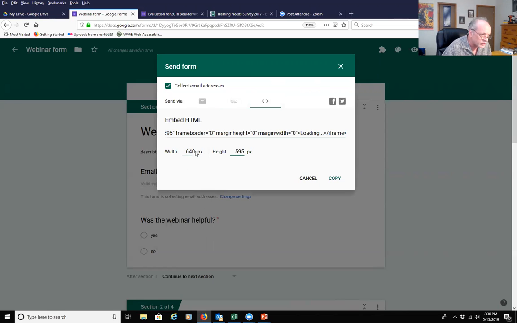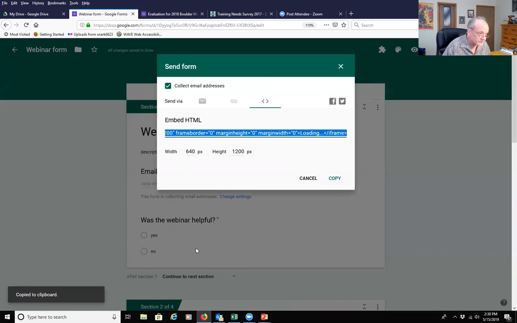Well, 640 is a good width for a desktop WordPress, but that will be insufficient for our needs because a lot of people are looking at these WordPress sites using mobile devices such as phones or tablets. We'll set our height at 1200 and we'll keep that width at 640, but be aware we're going to have to change that. We're going to click copy, and then we're going to go into